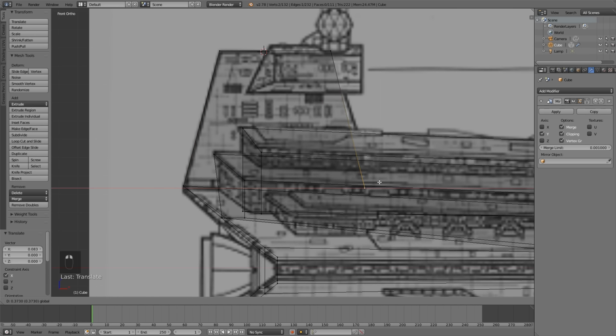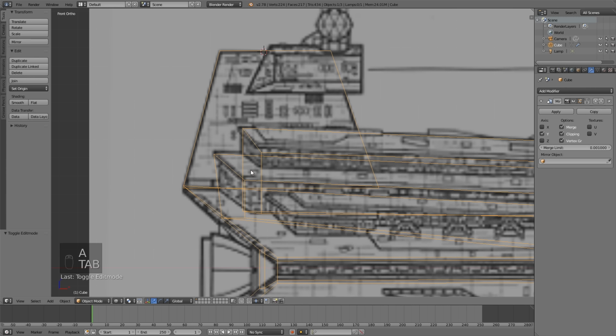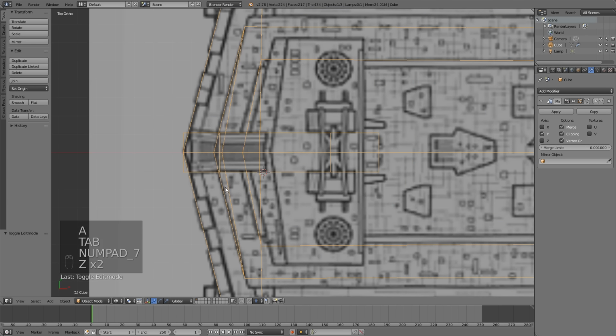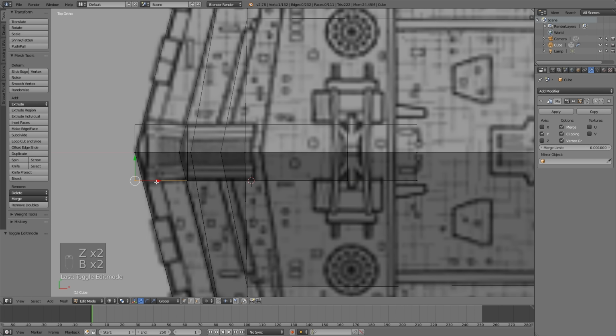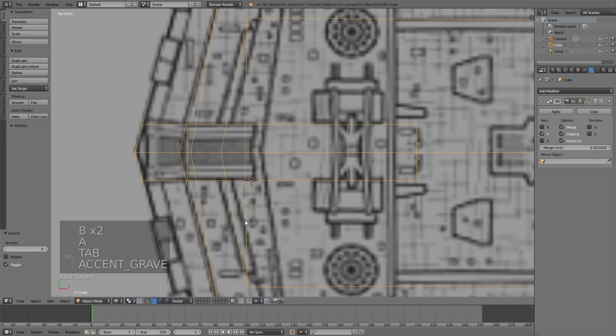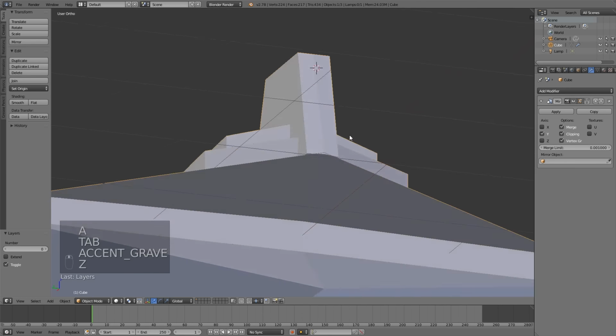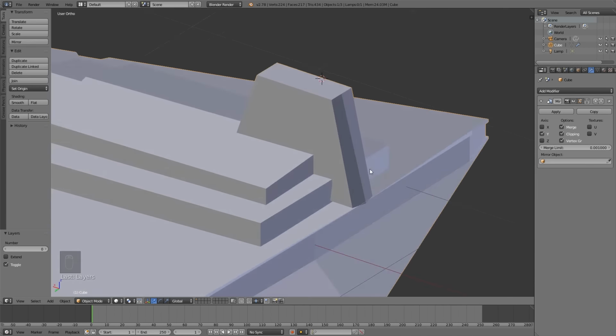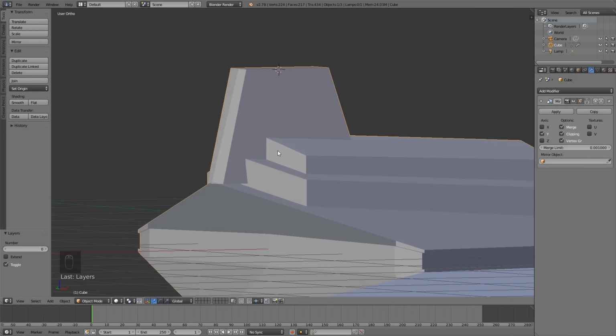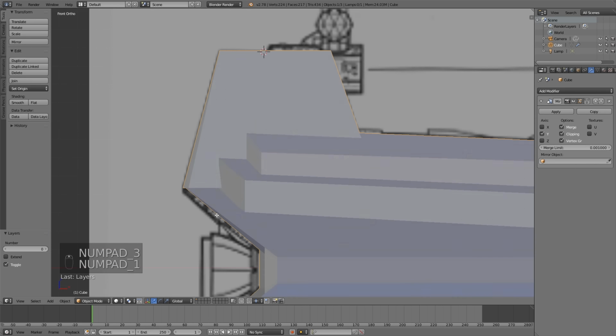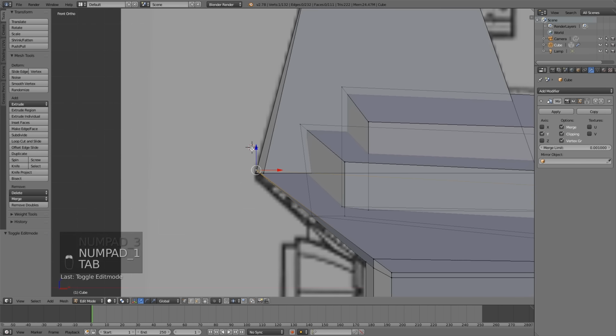You can see that box modeling, hard surface box modeling, this is super easy and a lot of fun. It really is. I like it. I'm having fun. I hope you guys are having fun. All right, so there we go. I'm going to pull in those two at the end there to make it look something like that. And let me see here. We have,